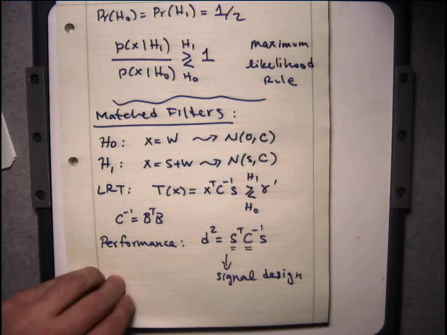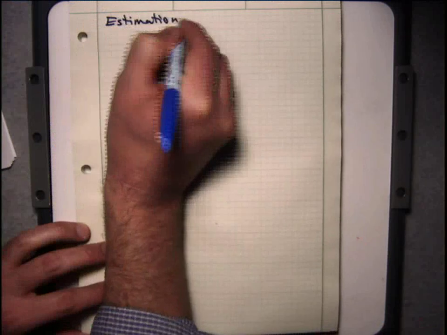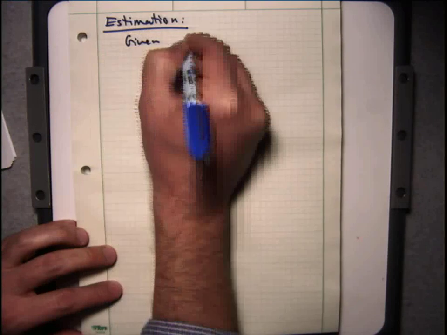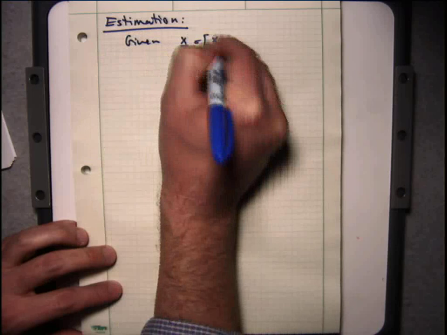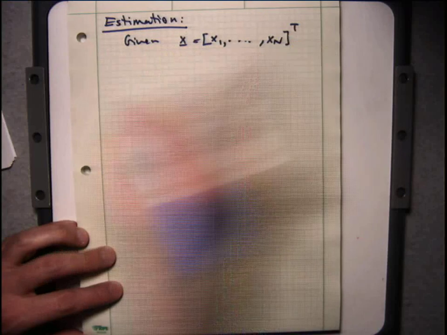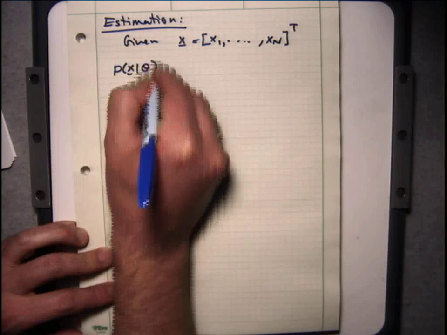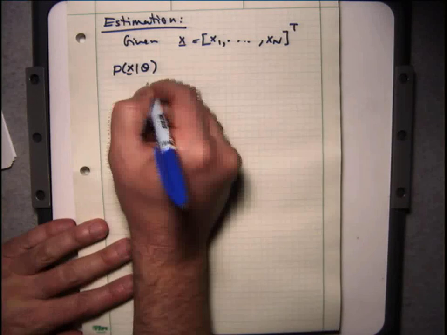Okay, now let me move on to what we talked about more recently, which is estimation. So again, you're given some data which we collect into a vector, x1 to xn. And this also has a joint probability density function, p of x given theta. This is the unknown